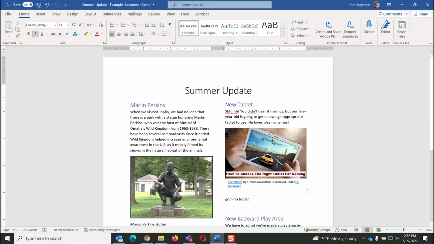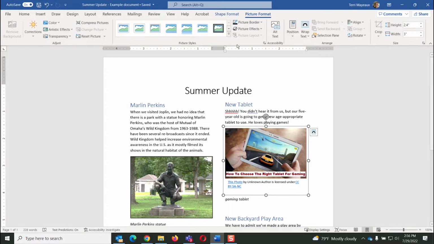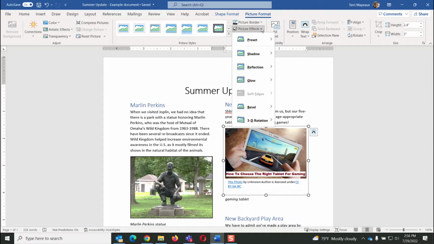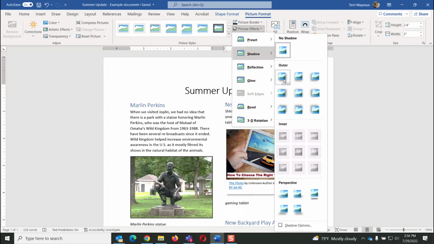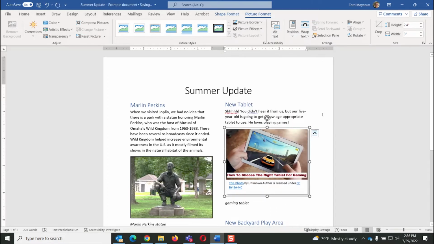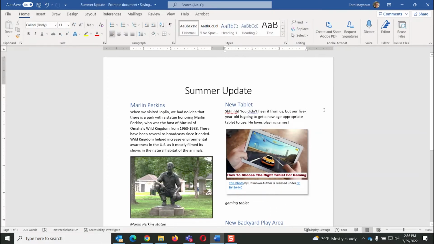Now, again, we might decide to put a border around this whole thing. So we could go to Picture Border to the right of where we found those cool styles, or we could even go to Picture Effects. So let's go to Shadow. I always think those are kind of fun. And click off. And so we've added a shadow and made that almost look 3D as we look at our